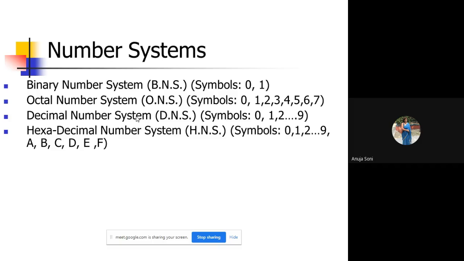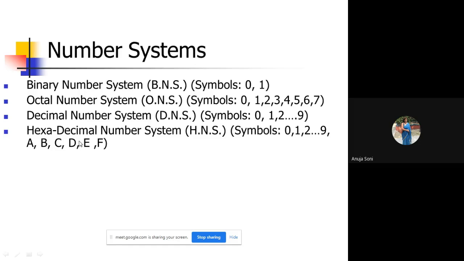If we talk about the octal number system, how many symbols are provided by this number system? In total 8, from 0 to 7: 0, 1, 2, 3, 4, 5, 6, 7. So a total of 8 symbols are supported by this series, which is called the octal number system. Next is the decimal number system, which you are already aware of. Here we have 10 symbols beginning from 0 to 9. Any number is framed using a concatenated series of these symbols.